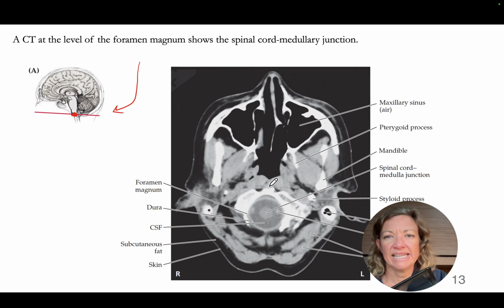And so if we look at that on CT, what you're going to see anteriorly are the large air-filled maxillary sinuses. That's why they're so hypodense, provided you don't have a sinus infection. And here is the opening of the foramen magnum. And you don't need to pick up specific structures within that, but this round opening, of course, at the very base of the skull is the third really clinically important space when we start to talk about brain shift and